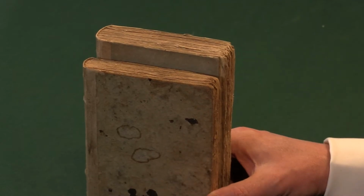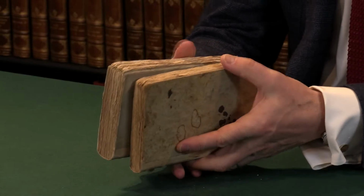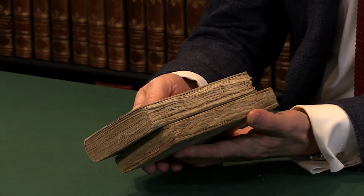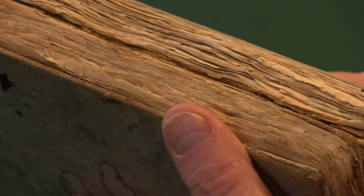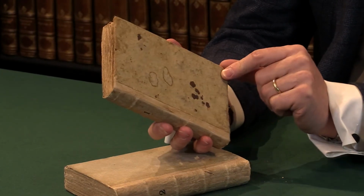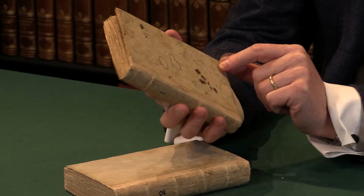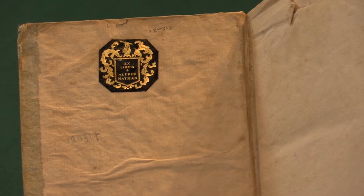and they are in the original boards, uncut, so the edges of the leaves are there, we can see, and so they're very much in original condition. As we saw with the first title page, the condition isn't perfect. Here the front board of the first volume has got quite a few ink stains and a couple of water stains, but it's a very collectible book and has been in the library of a collector here with his collector's